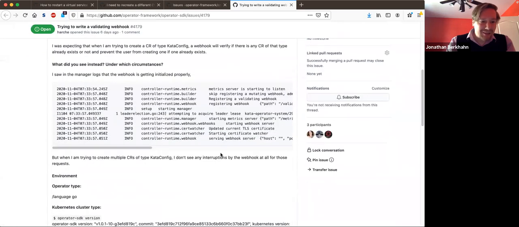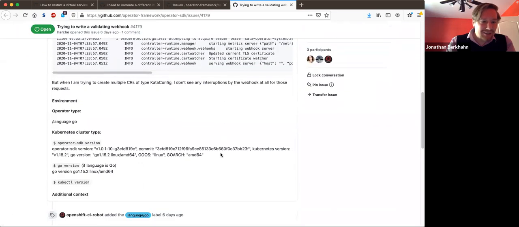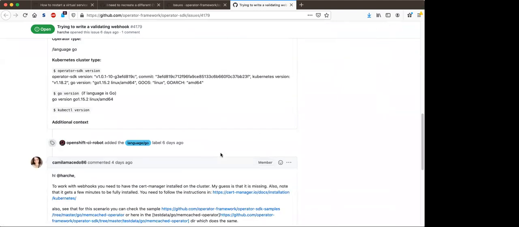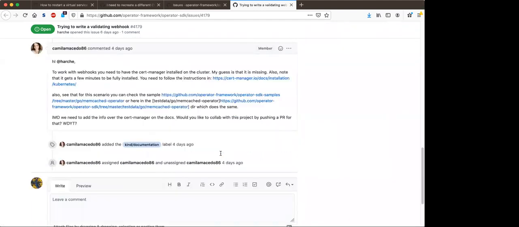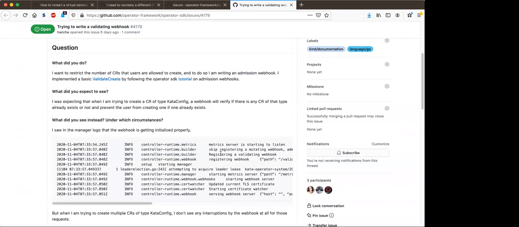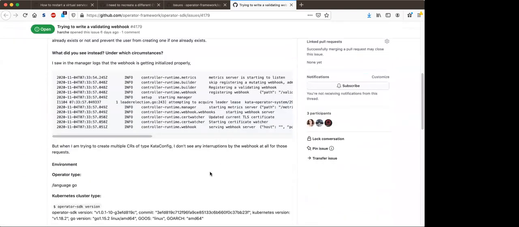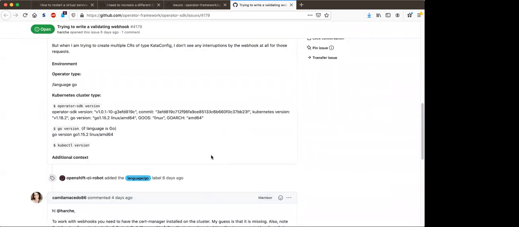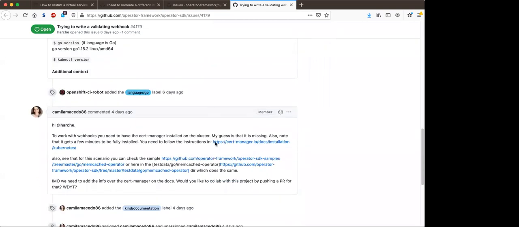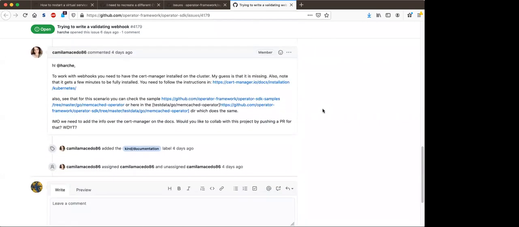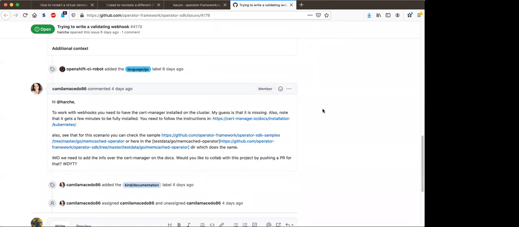I don't know if this is really a question for us. Actually, I had spoken to the author of this issue and I had looked over the project, and I think there was some problem with how the webhook was scaffolded. I wasn't sure whether the mutating webhook is required for validating to work, but I had seen a similar issue in KubeBuilder. But I haven't heard back if that solved the issue or not.